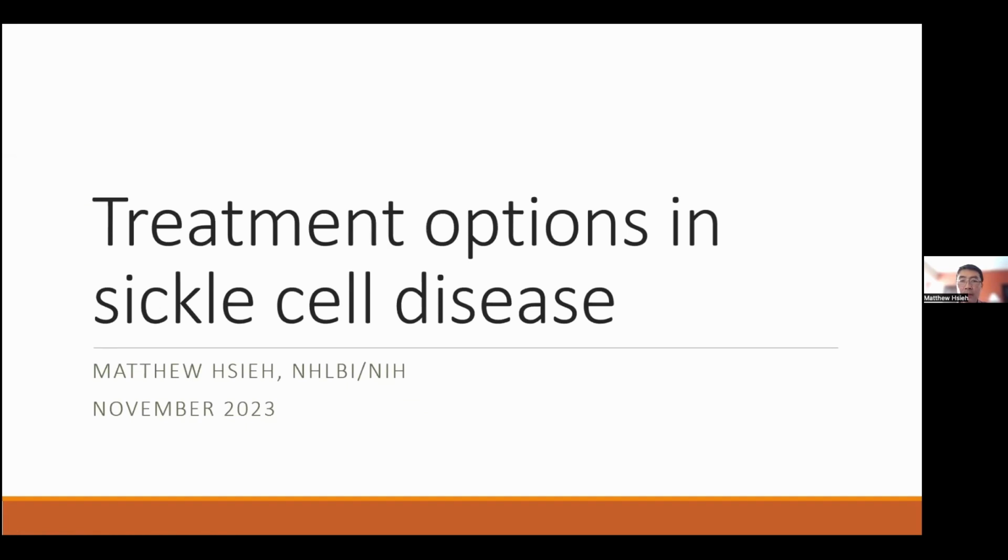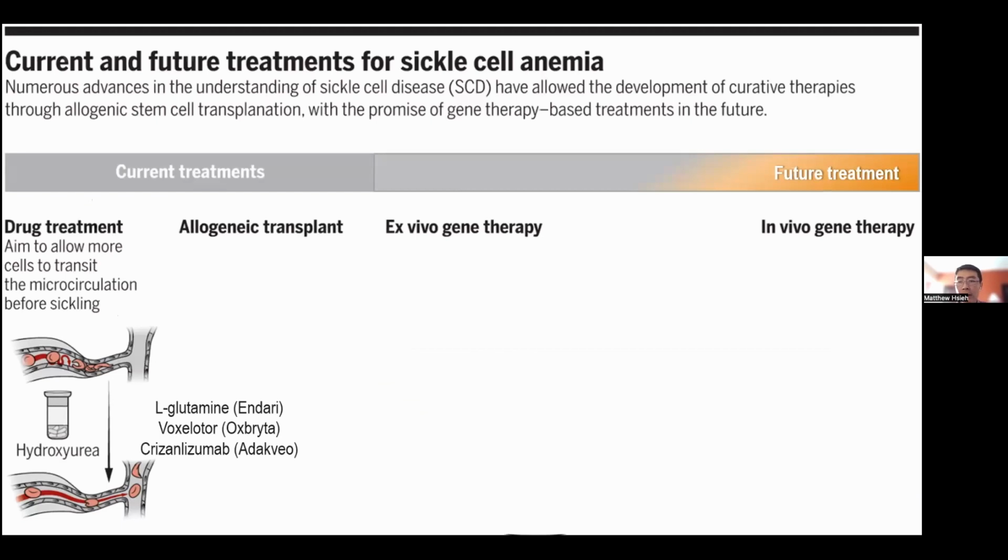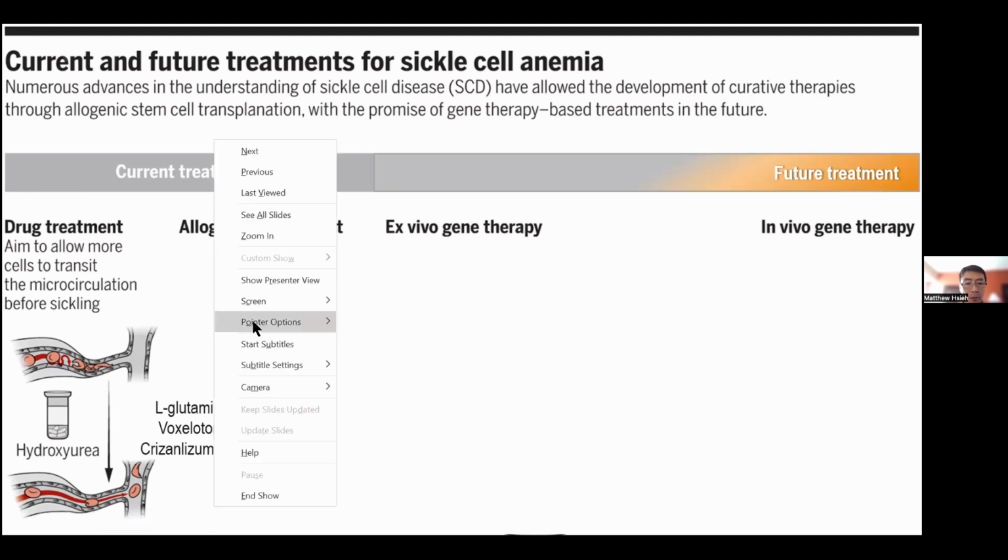I want to begin today with just talking, both from a broad perspective and down to the more individual perspective, of what the treatment options are. And looking at it broadly, you can see over here in the middle of this gray bar the current treatment options that are available